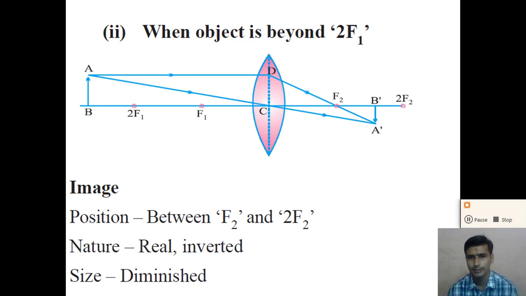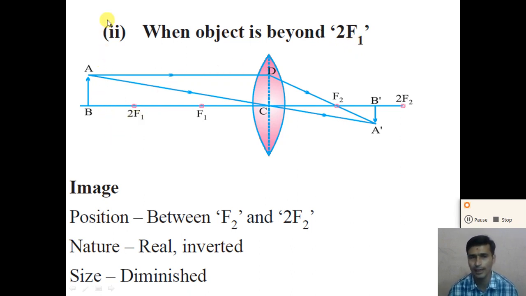diagram, take a convex lens, take an optical center O, and from the optical center draw the principal focus and, at the exact same distance, we consider the center of curvature. So here the center of curvature is at double the distance of the focal length, right? So if we consider the object AB is placed beyond the first center of curvature, or we can say that when the object is placed beyond 2F1.